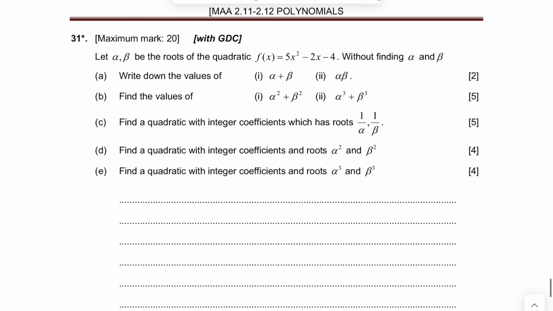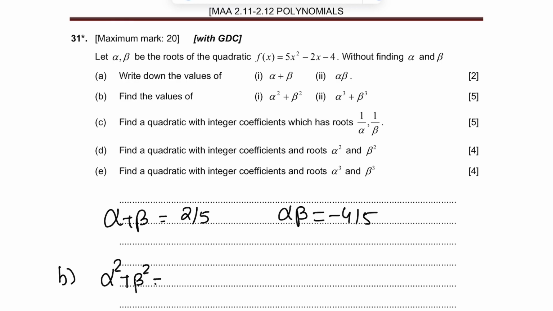Now question number 31. If alpha and beta are the roots of this equation, without finding alpha and beta, write down the values of alpha plus beta. Sum of the roots is 2 upon 5. Product of the roots is c upon a, minus 4 upon 5. Part B, alpha square plus beta square. Alpha square plus beta square is alpha plus beta whole square minus 2 alpha beta,